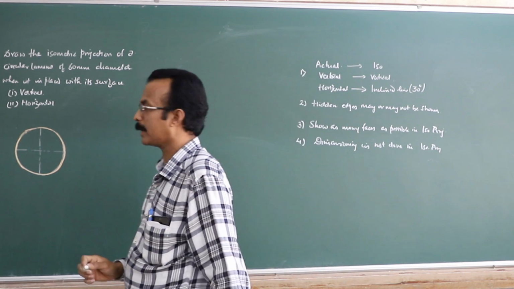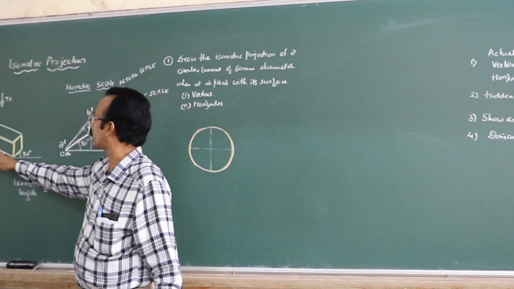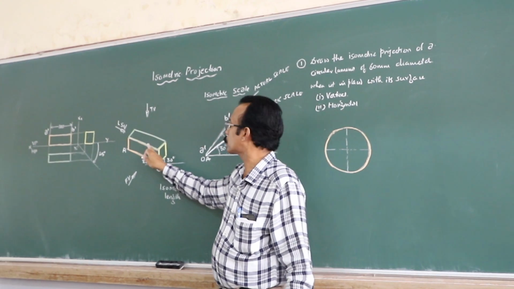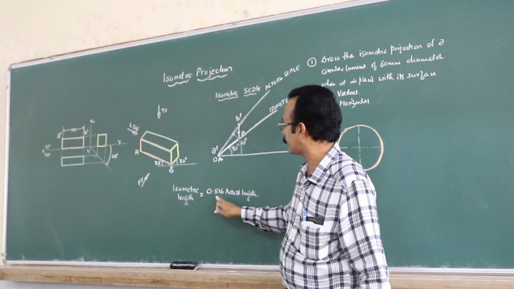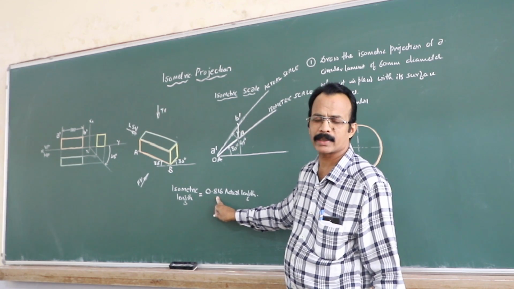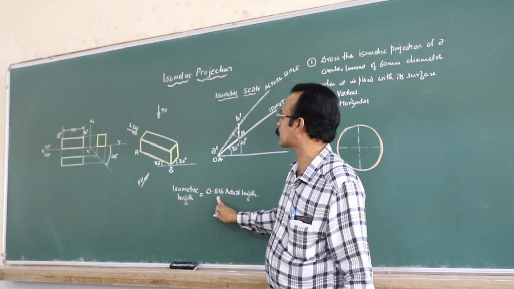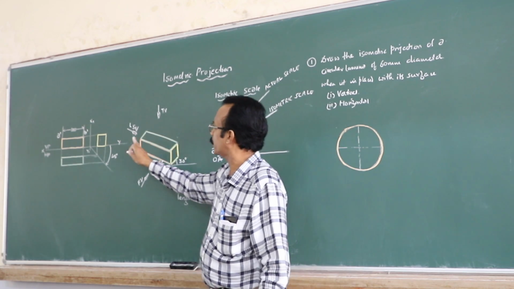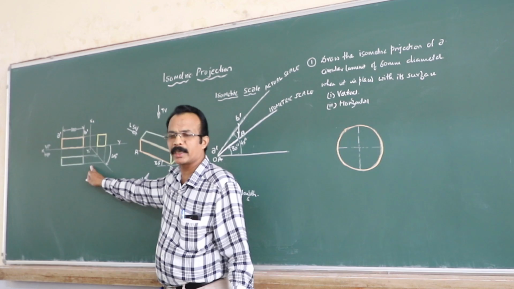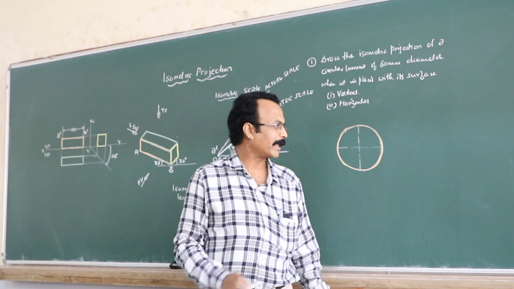What I mean by that is, whenever you draw the isometric projection here, right? So here the dimensioning need not be done, right? As you know, it will be multiplied by 0.816 times, so there will be decimals or fractions, so you need not show the dimensioning here. But in orthographic projection, the dimensioning is required there, right?